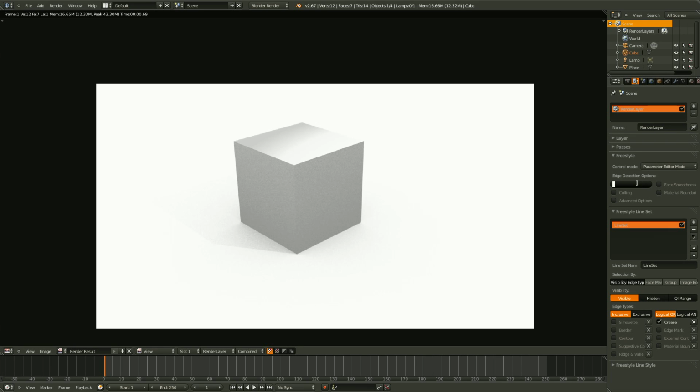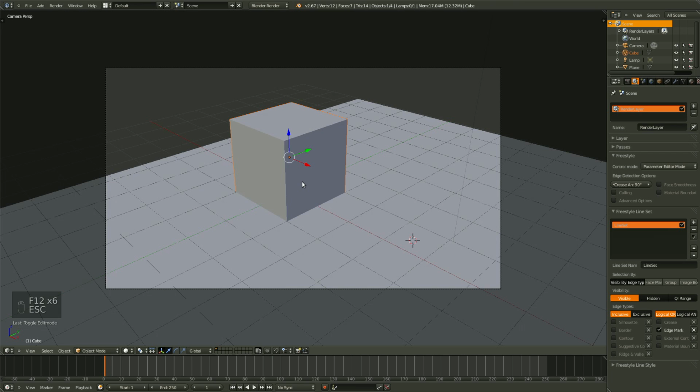Now if we go ahead and change this to 90 degrees and render it again, every edge that is 90 degrees will be drawn. There are other options in this panel, but you can experiment with them and see what each one does. Now, edge marks here is a fairly interesting one. Let's go ahead and render this. What it does is it will render on any edge that we have assigned to the